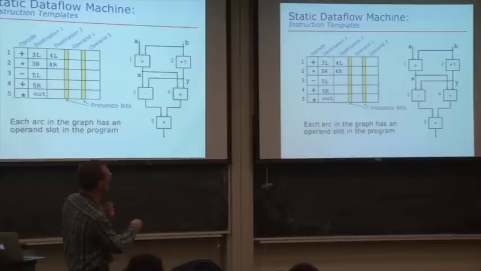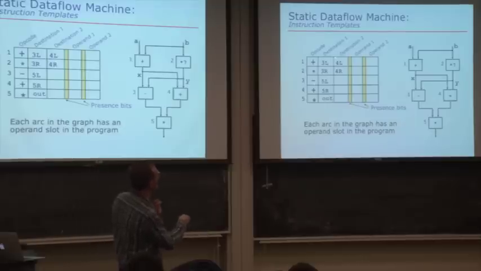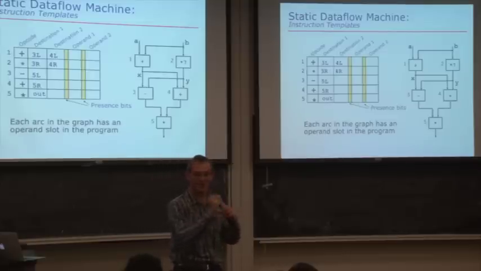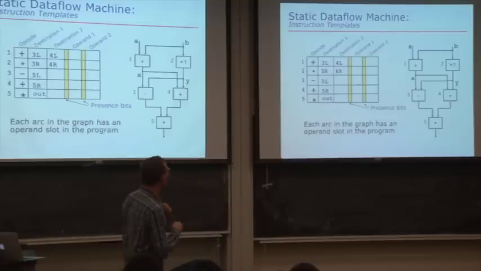And you know the destination instruction, right? 3. Basically, when this instruction executes, you set the presence bit of instruction 3 left operand. You also set the presence bit of instruction 4 left operand. Right? So you know which presence bits to set exactly when this instruction executes. Does that make sense? So it's a little bit different from the out-of-order engine. Here you don't need to do a search because your program already specified what are your destinations. Right? OK.